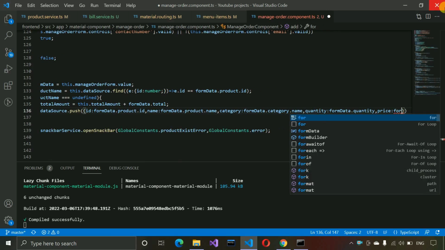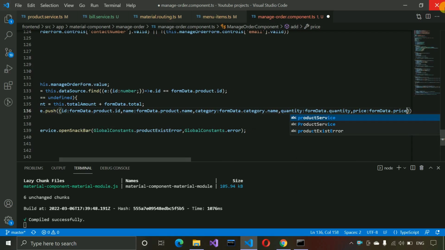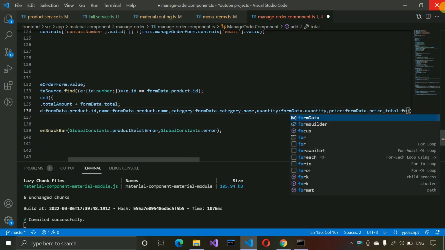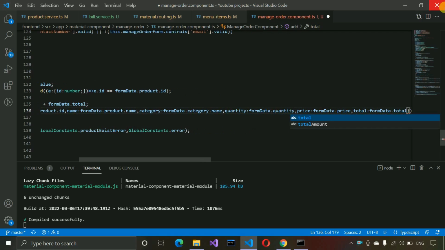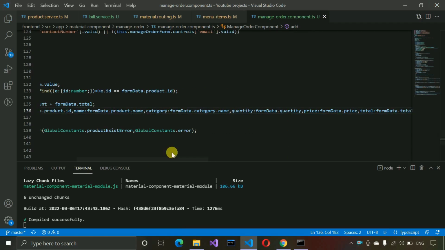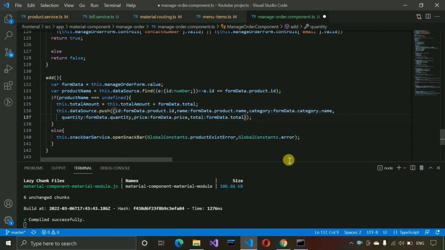So formData.price, this one, and total: formData.total. We need to write it like this, and put a semicolon at the end of the line. Let me show you this complete line at once. Let me press enter here. You can see, so the id from formData, we are going to expect it from formData.product.id,